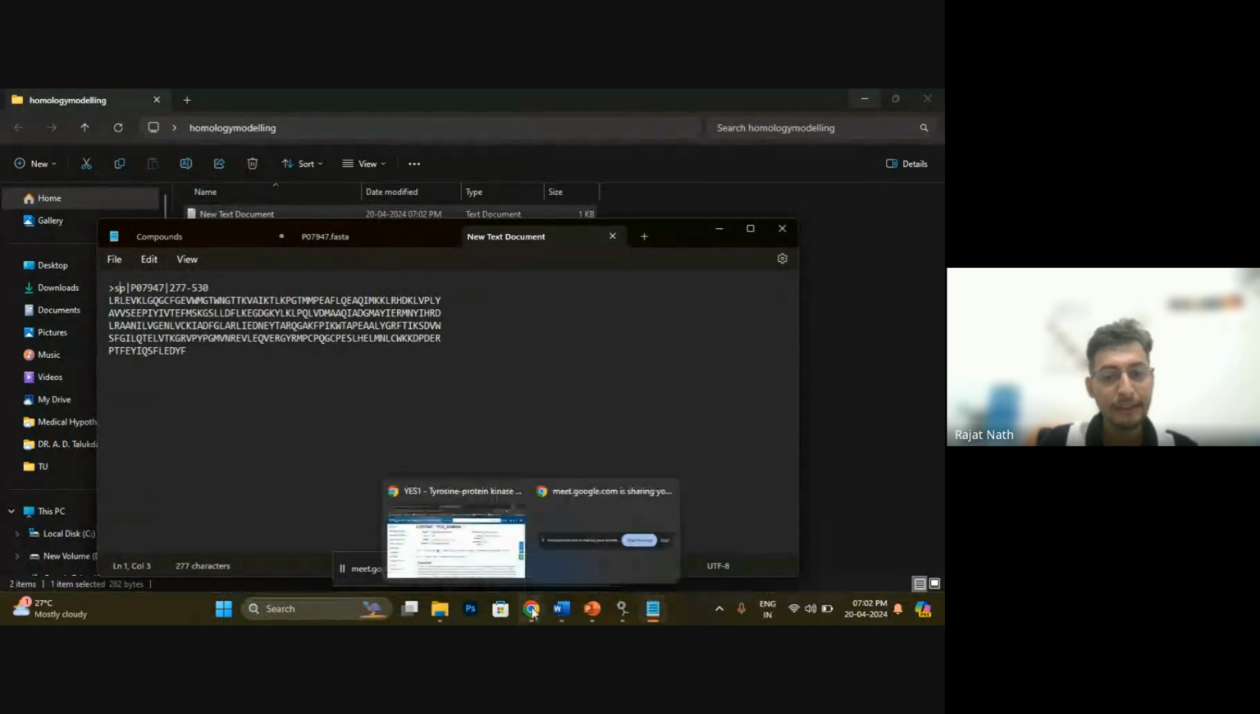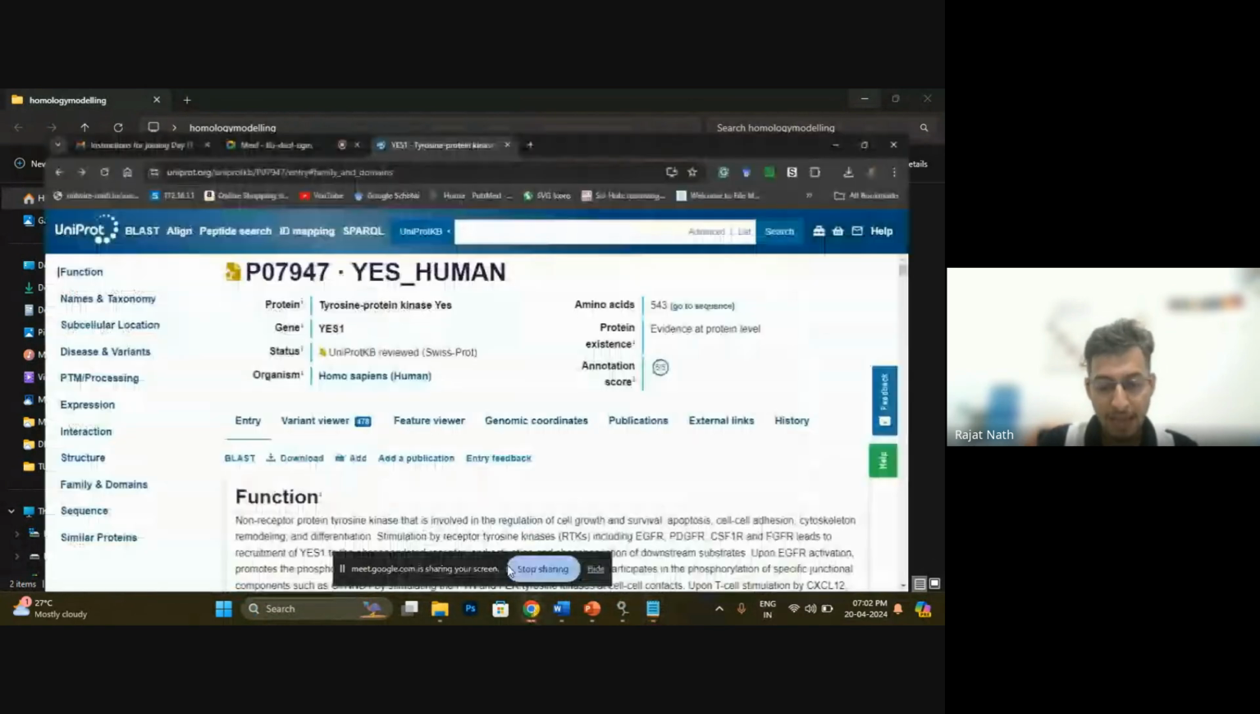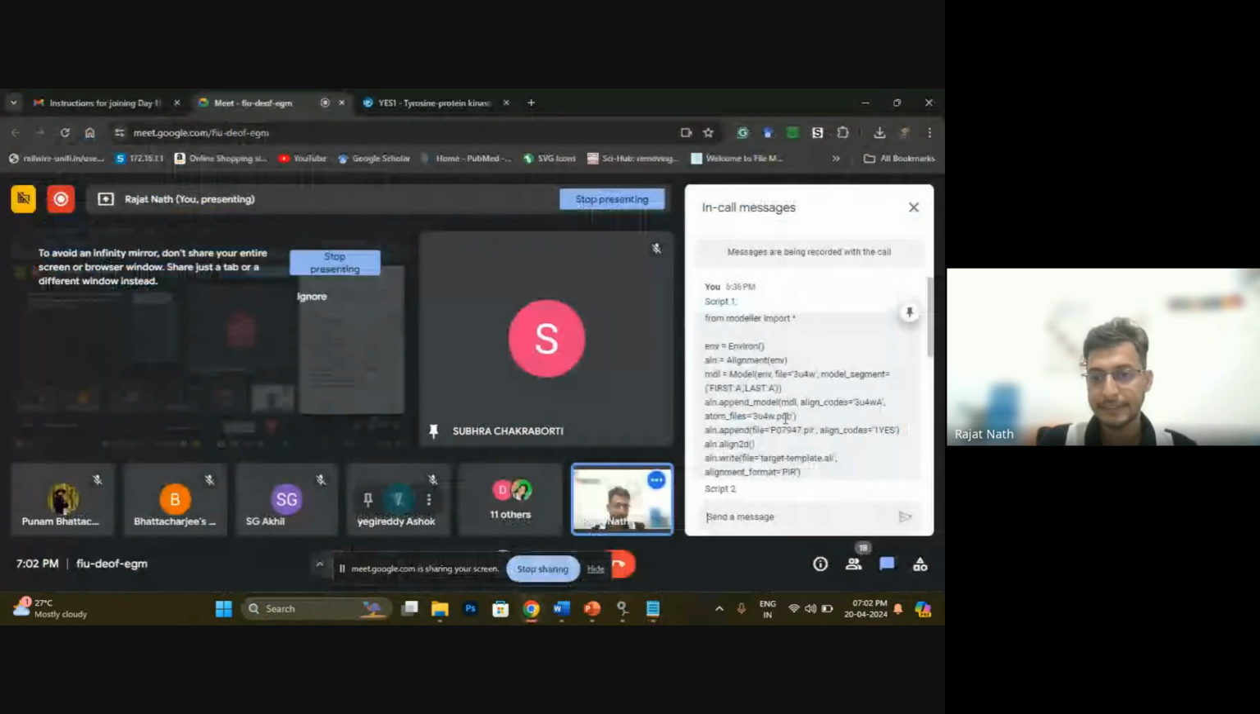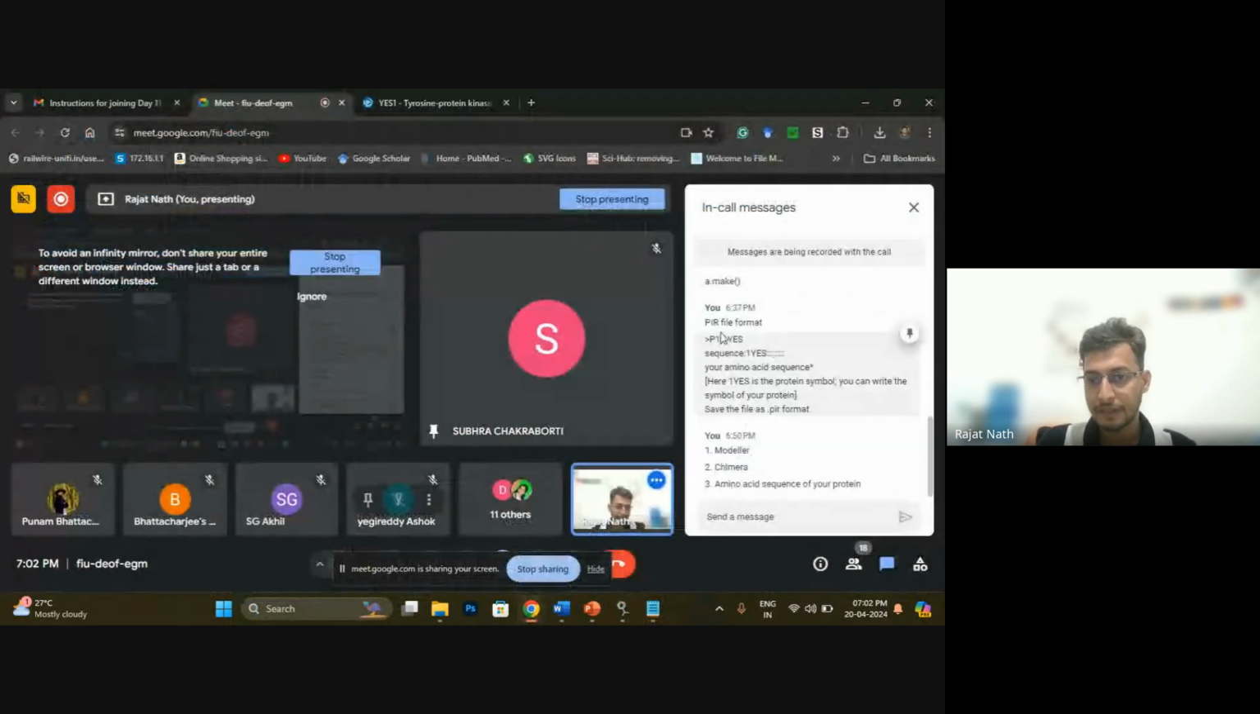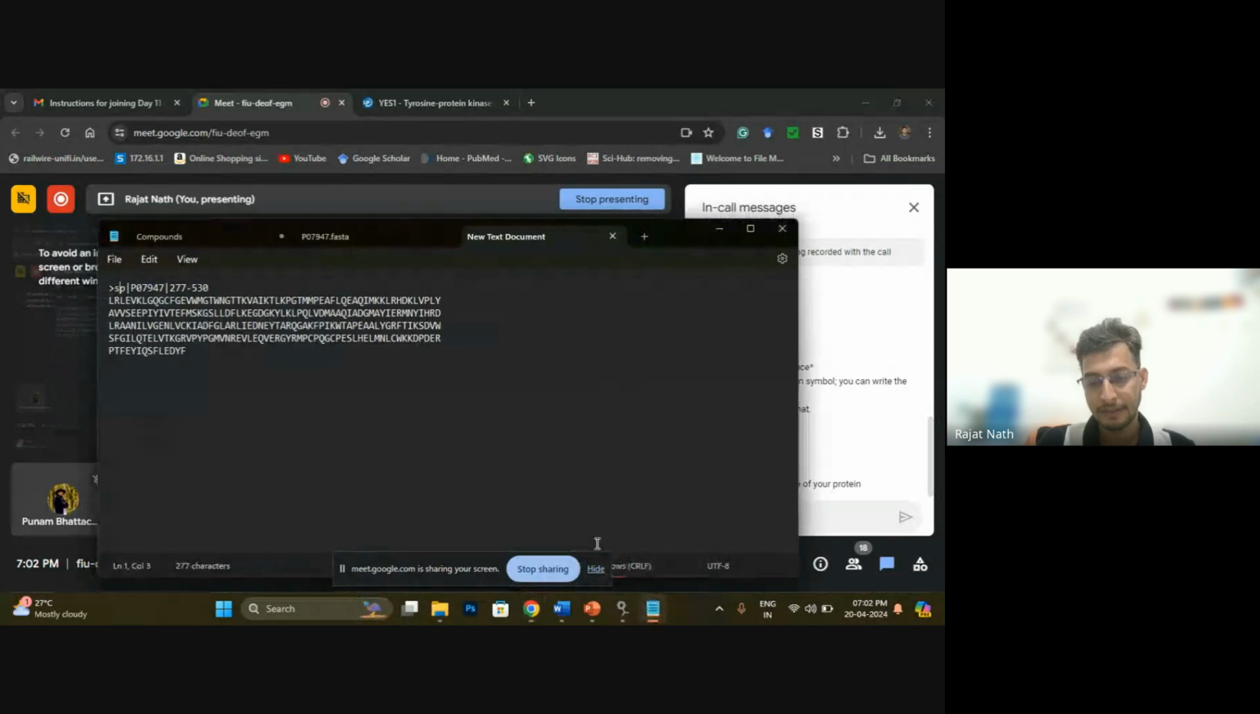I have mentioned it in the chat box. You can see in the last script, there is written greater than P1 colon 1YES, then sequence colon 1YES, then there is a colon, then your amino acid sequence, then star. That means the line should start with greater than P1. So I will add